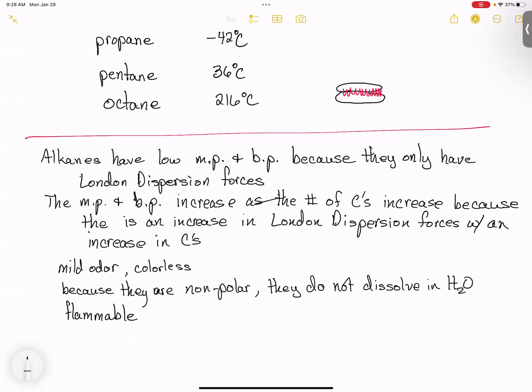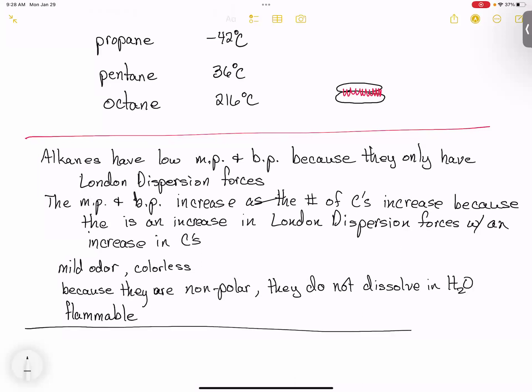Propane is an example. We use it to heat homes. We use it for campfires. Butane is another example. Butane is in lighter fluid. Octane, a car can go boom if you're not careful. So,